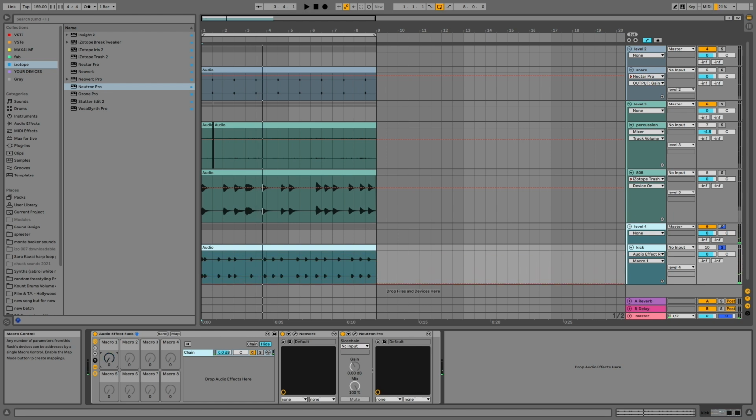I suggest wearing headphones for this one. This is definitely more of a mixing trick than a production flair. If I made the reverb any louder, it would distract instead of support.